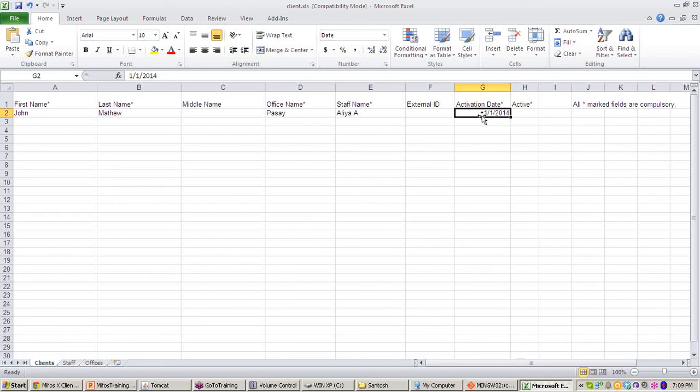But in the data import tool, first will be month, second will be day, and third one will be year. And finally you have to say whether the client is activated or not. If it is true, it means the client is activated on 1st January 2014. And this is one client's information.